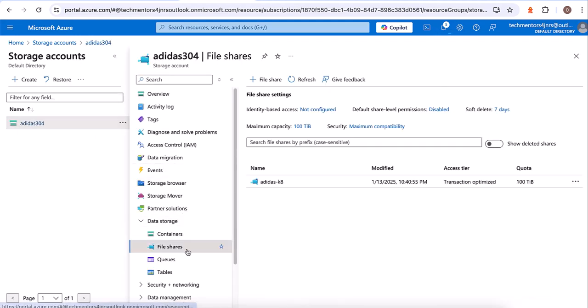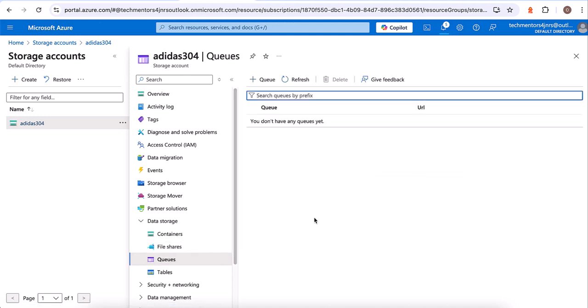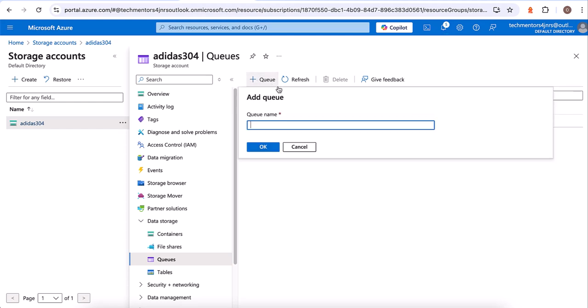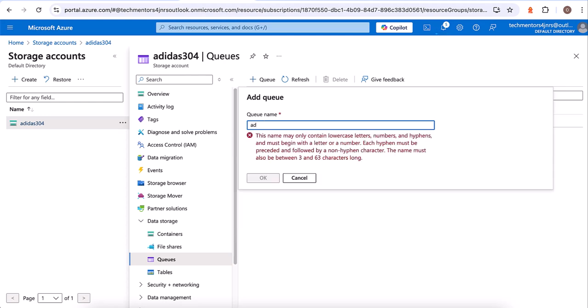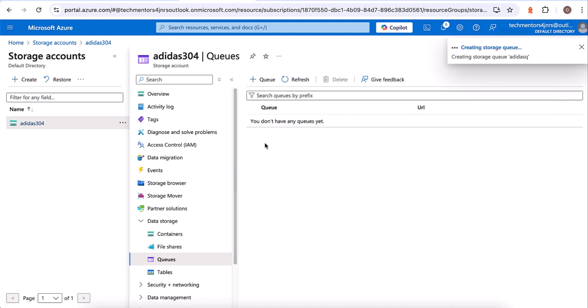So the next one is queue. Queue is when you are dealing with messaging, like if you are working on a microservice application, you can use queue. So all you need to do is to type the name of the queue here. So I'll click on OK.